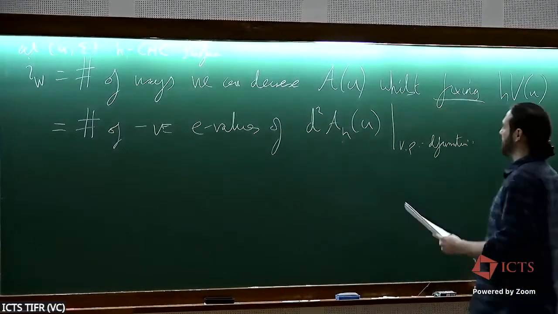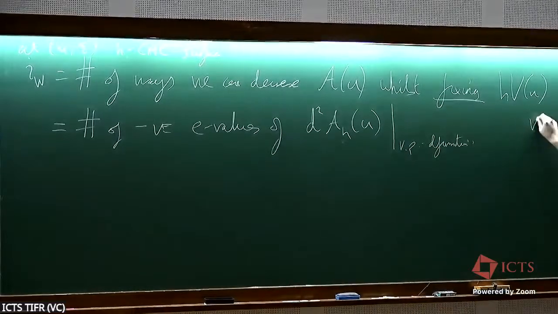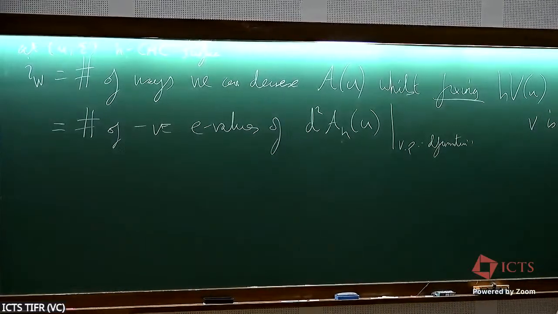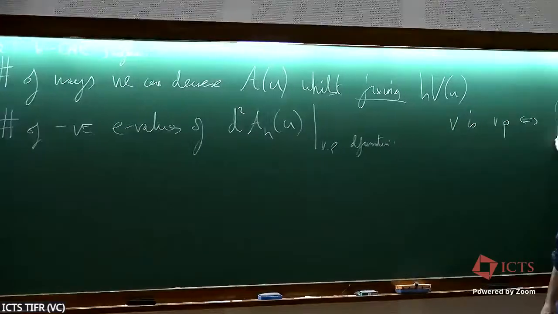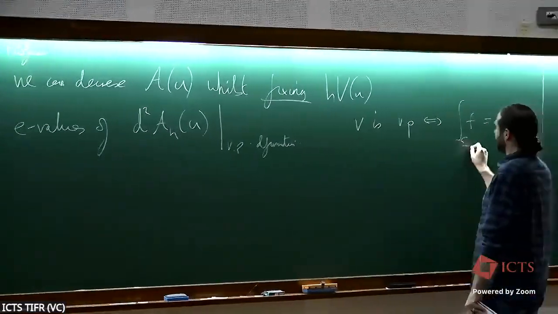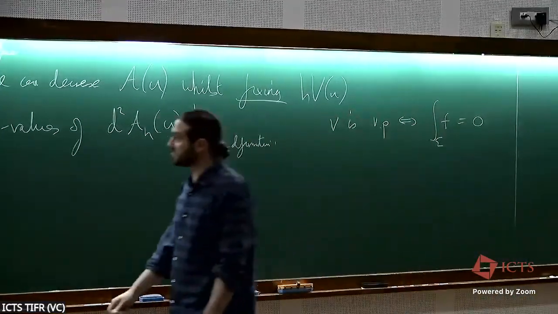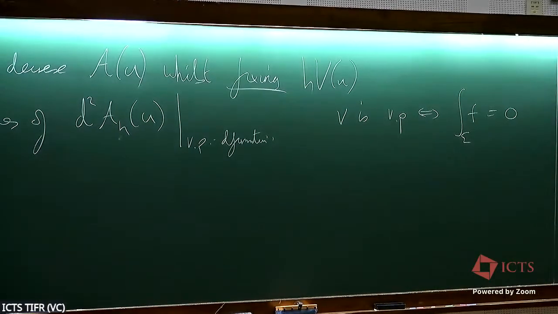So what does this mean? So V is volume preserving if and only if f has mean 0. So if I restrict to that subclass and count the index, count the negative eigenvalues,